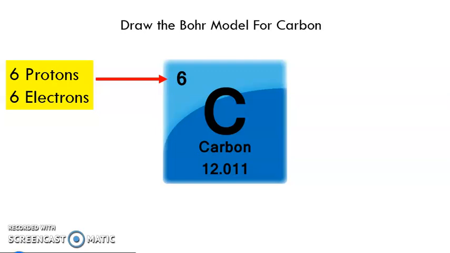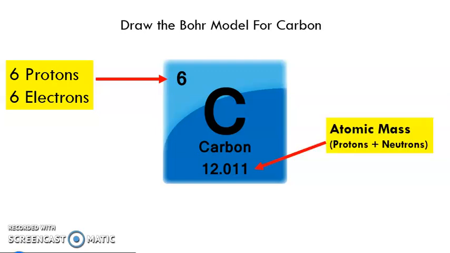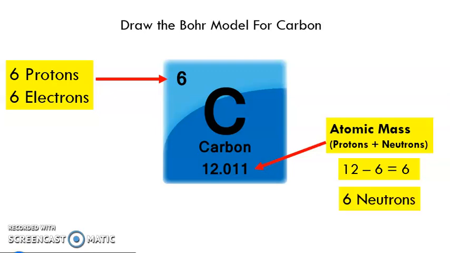Now, there's only one subatomic particle left to figure out, and that's the number of neutrons. Last chapter, we should remember that the atomic mass down at the bottom of most of these element tiles represents the number of protons plus the number of neutrons. So if you'd like to figure out the number of neutrons, you simply need to subtract the 2 numbers on the periodic table. In this case, 12 minus 6 would give us 6 neutrons. So now we know the 3 numbers for the 3 subatomic particles that are in carbon: 6 protons, 6 electrons,